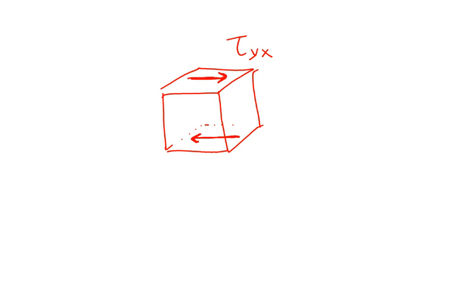And actually, let me just point something else out here. If I just have these two shear stresses, these are both tau yx. My forces add up to 0 due to these two forces, but you recall from statics that these are two forces that are equal and opposite and offset by some distance. So they're going to give you a couple. They will cause this cube to rotate about the z-axis. So what that means